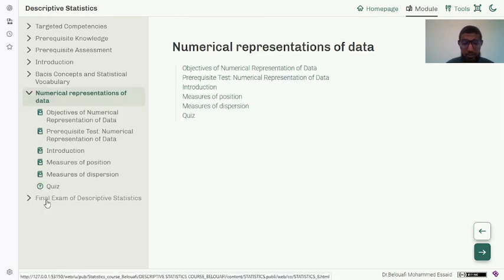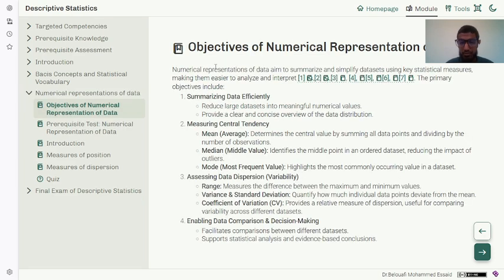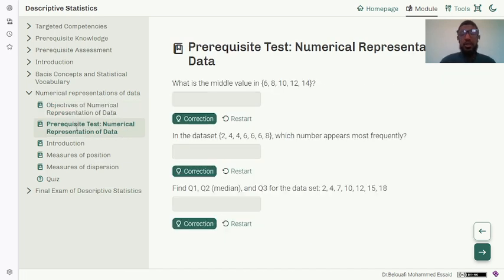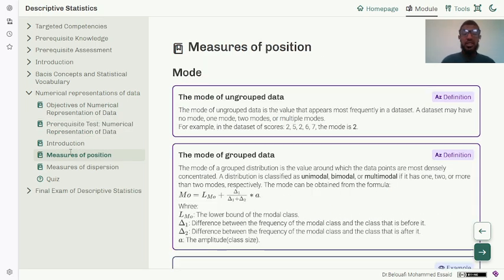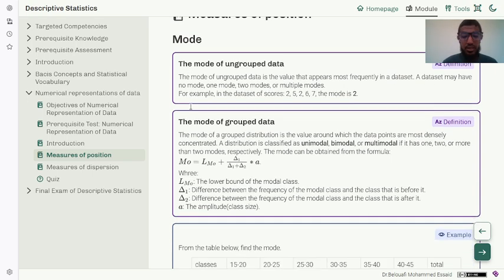The second chapter is the numerical representation of data. The objective of this chapter is to summarize data efficiently, measuring central tendency, assessing data dispersion, and facilitating comparison between the different data sets. I begin this chapter with a prerequisite test, and the first part of this chapter is to introduce some concepts of measures of central tendency. I begin with the mode in the two cases, in the discrete case and the